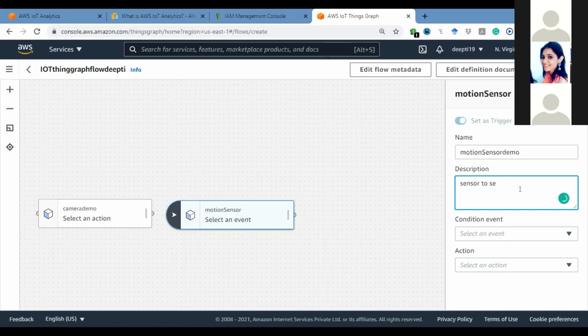Yeah, I have clicked on sensor, but it has dragged it 4, 5 times. So how to delete this extra? Select it and delete it.